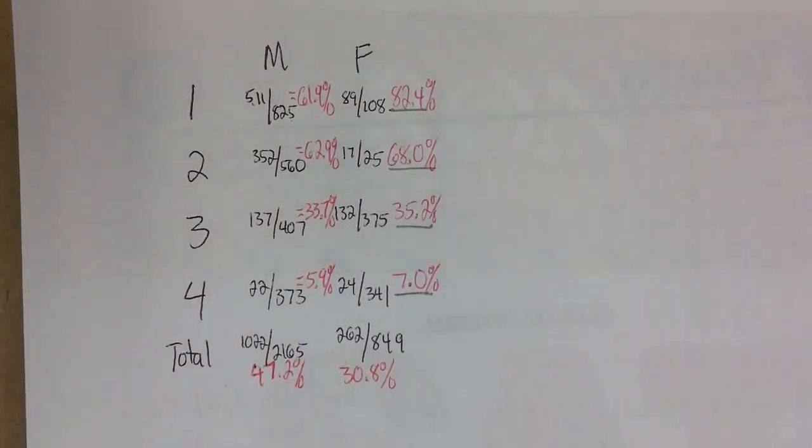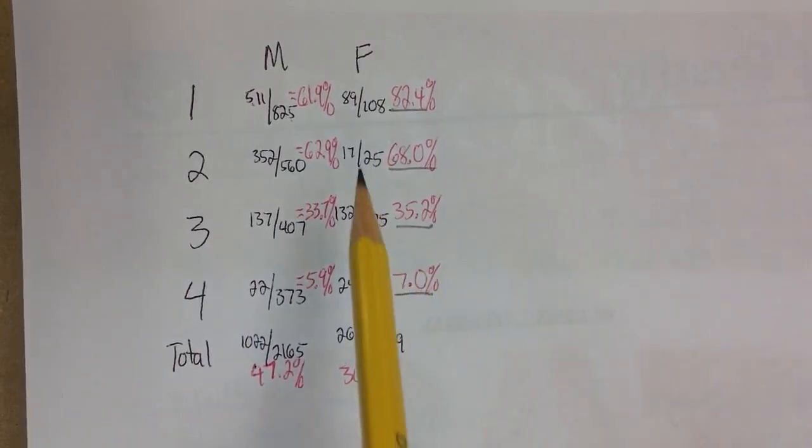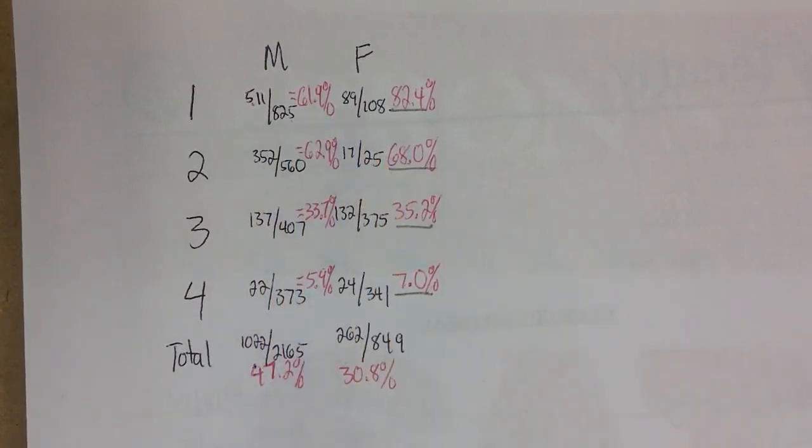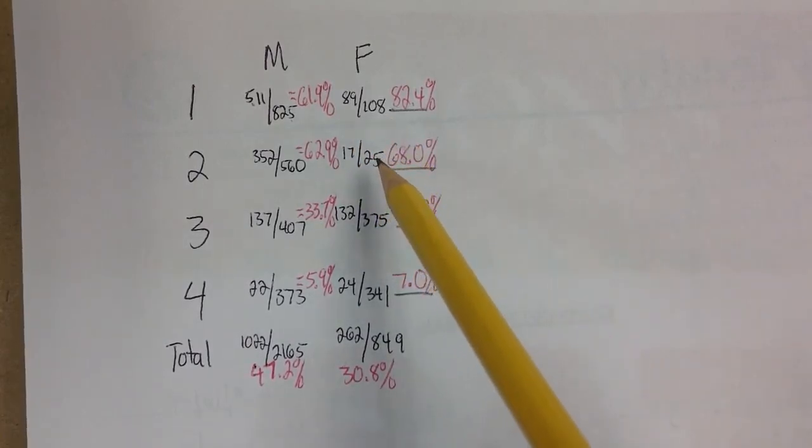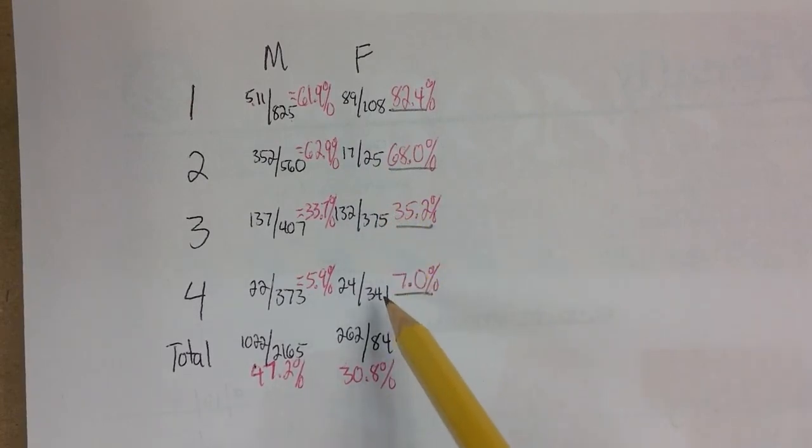But why are we getting a different picture painted when we look at the total acceptance rates versus the constituent acceptance rates? Kevin? For the females, the higher acceptance rates have more numbers of females in it, so the higher percentages have less impact. Okay, so I would modify that statement a little bit. It's not just that the females have lower numbers vis-a-vis males. It's more of a relative frequency. So a lower percentage of females are applying to programs 1 and 2 than programs 3 and 4, and the opposite is happening for males.